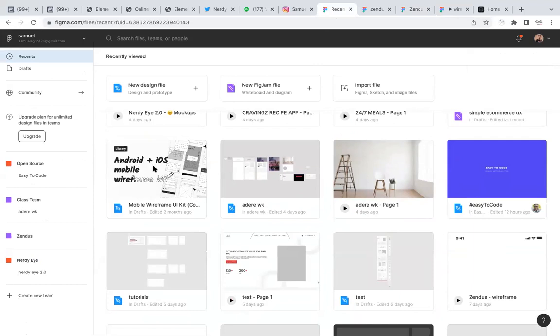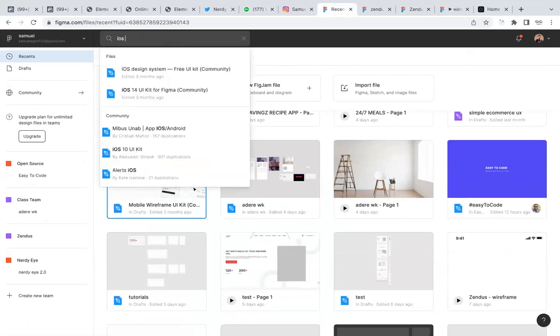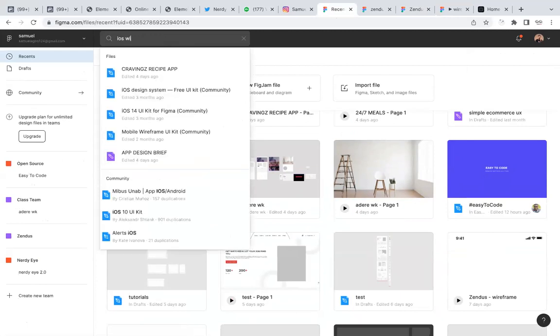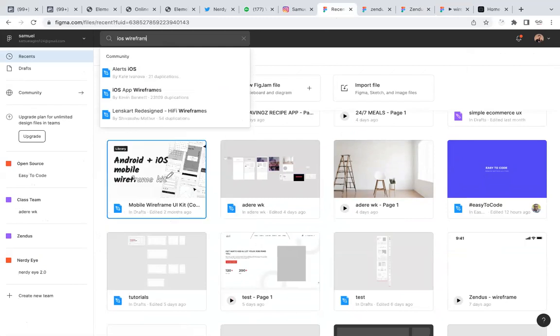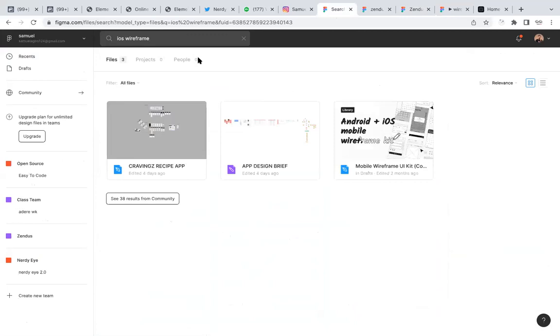Just search for Android, let me click it. Just search for Android plus iOS, Android or iOS wireframe, something like that. iOS wireframe. So I already have it. So search for it. You are going to see this exact file, mobile wireframe UI kit. So once you see it, you can duplicate it. Let me open it in a new tab now. Once you duplicate it,